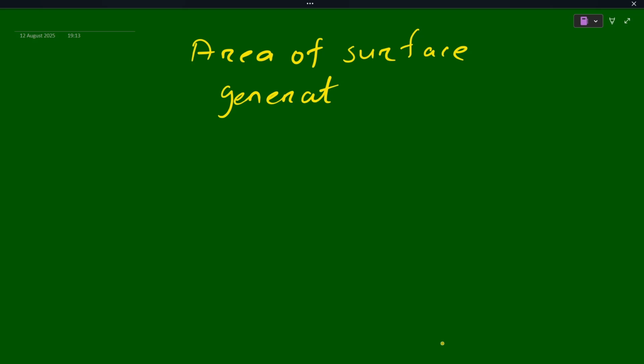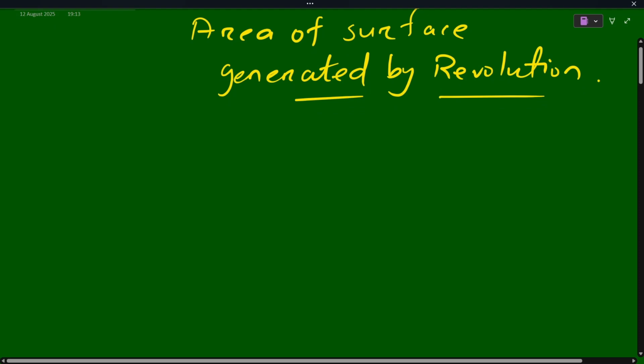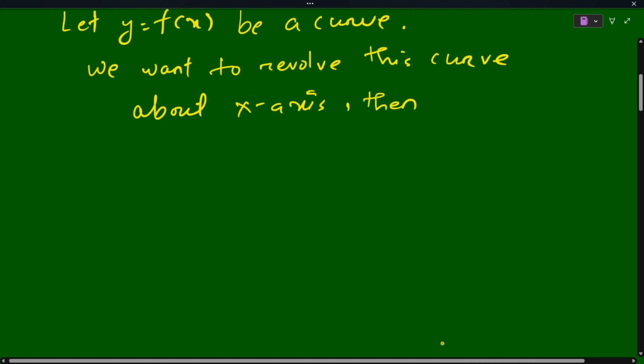In this video we're going to learn how to find the area generated by revolving a curve around the x-axis or y-axis. So let's start. Let's understand how this will happen. So the area would be